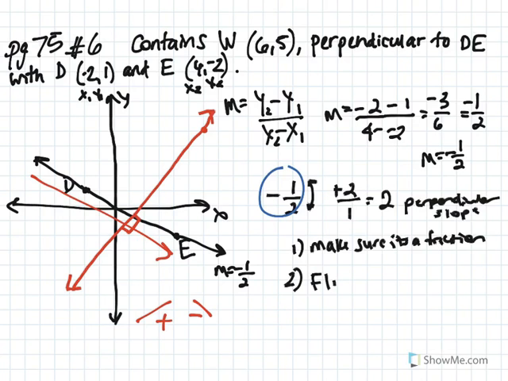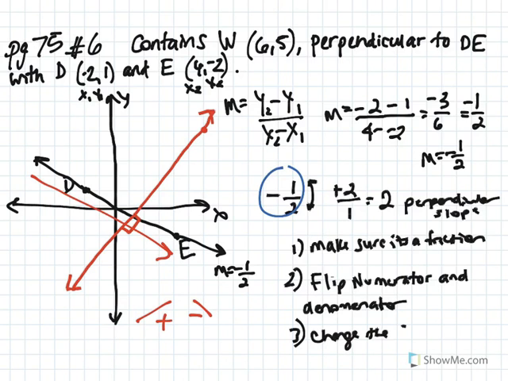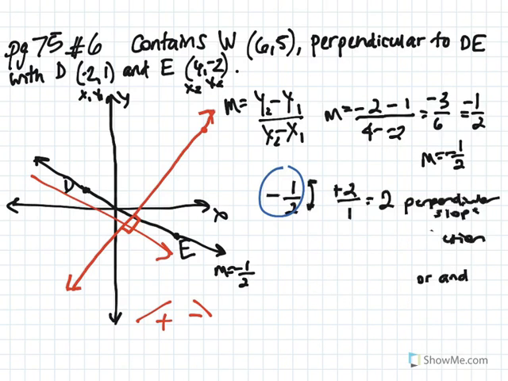Then we flip the numerator and the denominator, and then we change the sign. Okay, so those are the 3 steps you have to do in order to find the slope of a perpendicular line. Okay, so I'm just going to erase this real quick so we can have enough room to finish the problem. So the new slope of the perpendicular line is 2,